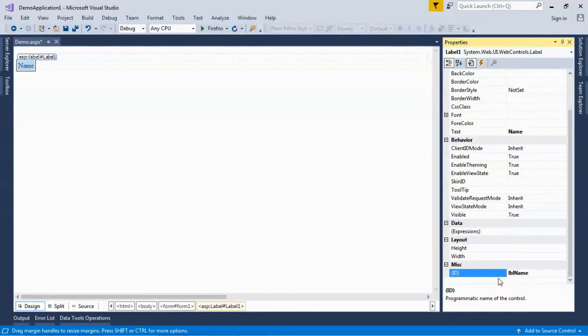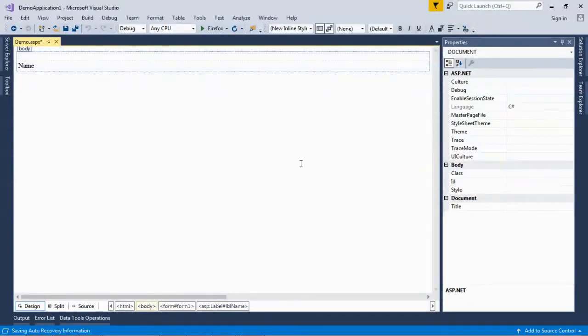The prefix for this ID is lbl. lbl denotes this is a label control. So the naming convention is lbl as the prefix, after that the label. Now this label is indicating the name, so I am giving name as the ID of this control. Now the final ID of this control is lblName.